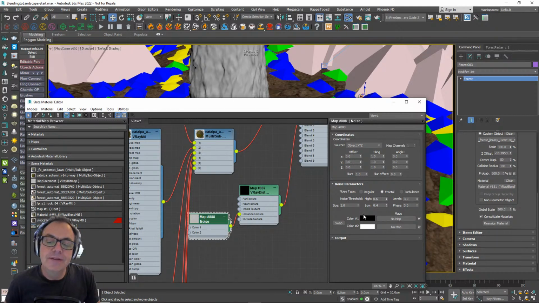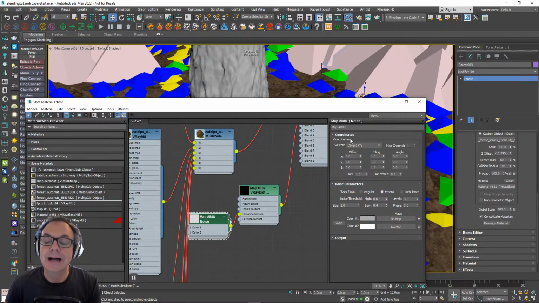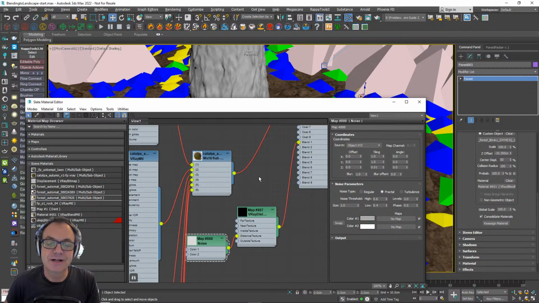Another thing I'll do as well is, rather than have it going from white to black, I don't ever want it to disappear completely, so I would change the black to more of a grey. And so that it turns into full streaks, I would also change the tiling of the z-axis to something smaller, so that it stretches out the texture on the z-axis, and you create this more streaked effect there. With all those little transitions done, I'm not going to render it because it will slow my computer down while I'm streaming.